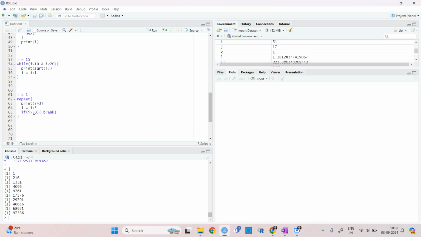So it will be like 1 plus 5, so it would be 6, and then 11. As soon as i would be 51, it will break the command. So this is a very important step in using the break command, and it is also very important to save your memory basically.